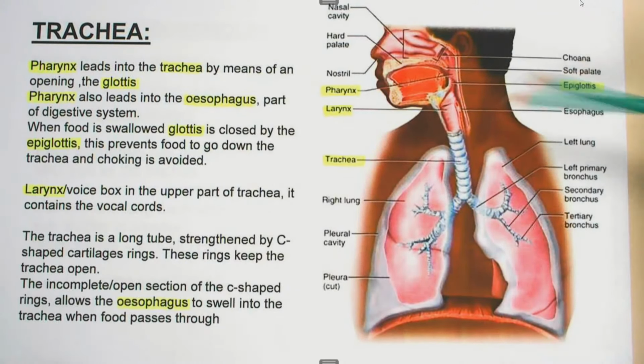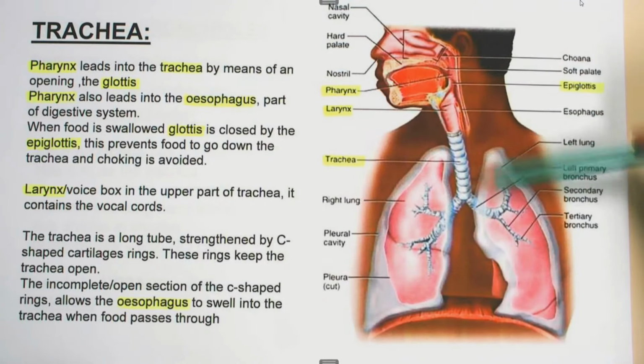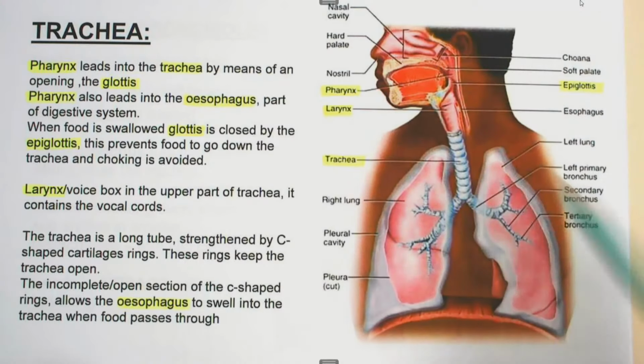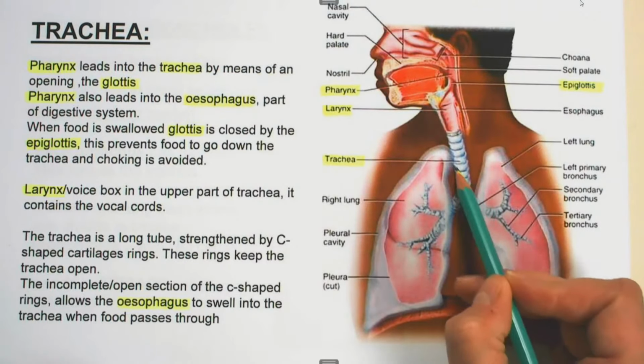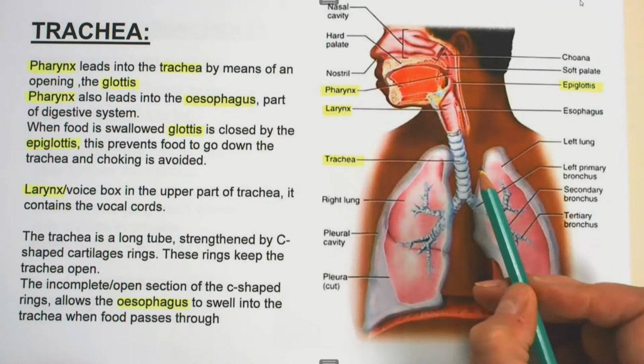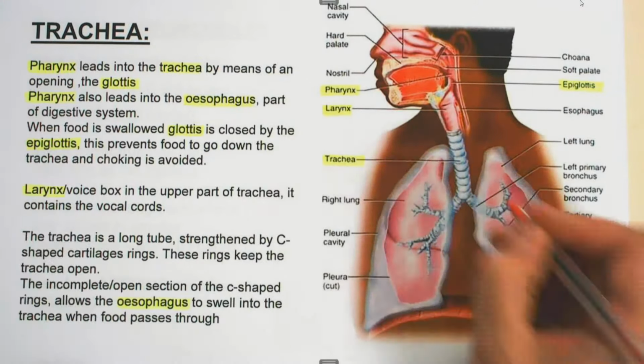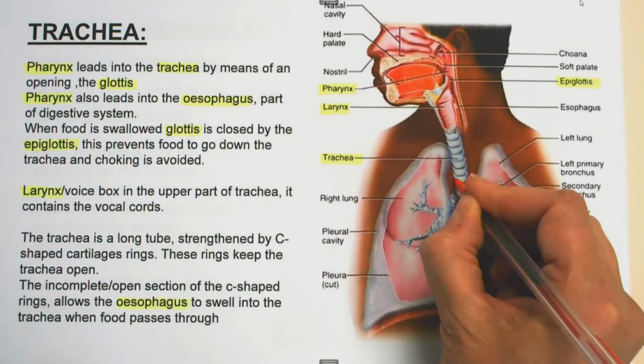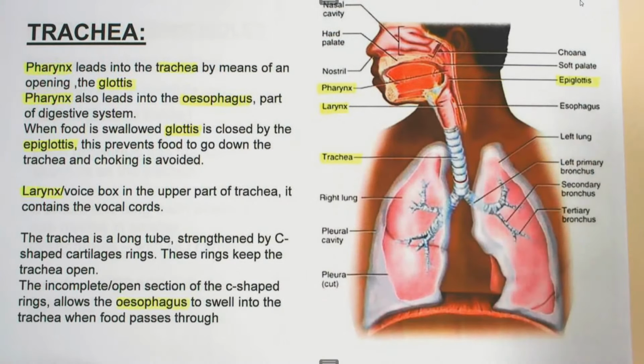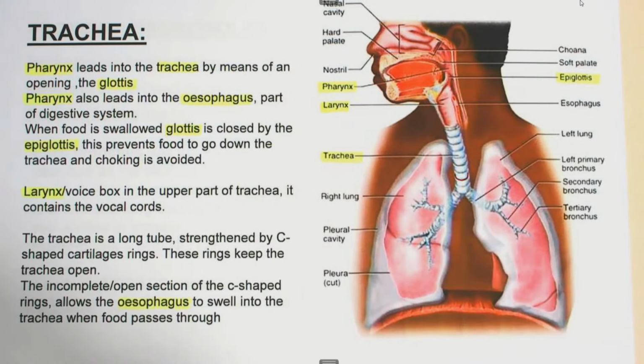All right. Now, as we go further down here, this pipe that you can see is called the trachea. And there you can see there's cartilage, C-shaped rings. Obviously, the C shape is like this. Let me get another color, like a red that you can see. It is like this. So this actually helps the trachea to stay open